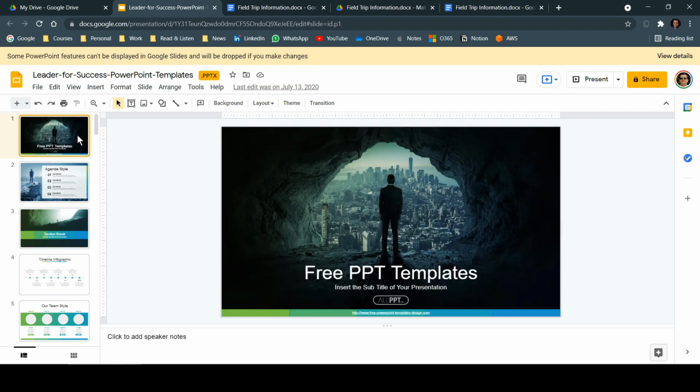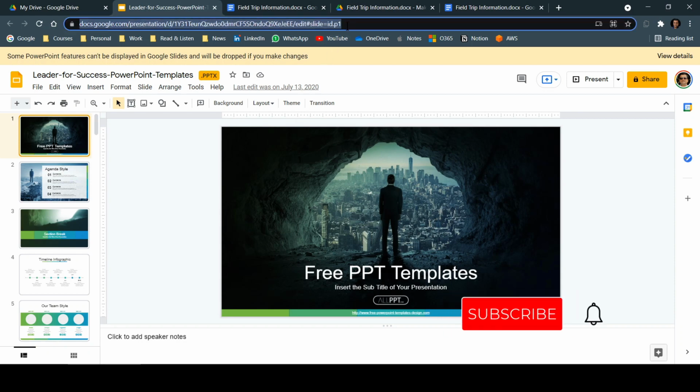Now, in a similar way to what we talked about in our earlier tip, if I want to share it with others so they can view it in presentation mode only, maybe you have completed your PPT and want to share it with someone, what we can do, similarly, is go to the address bar and delete all the text from edit onwards.